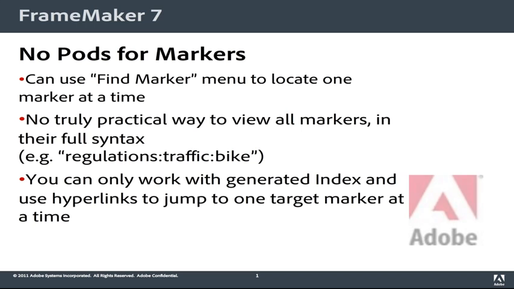In conclusion, the older product FrameMaker 7 really has no equivalent to the functionality of the pods in the new user interface. Basically, the pods display multiple instances of hidden information that FrameMaker 7 users have to search for one instance at a time. This can be particularly frustrating if you have a large project with many pages or many instances of referenced graphics, different types of markers, cross-references, even missing fonts. This is one more reason that many people have been happy to upgrade from FrameMaker 7 to FrameMaker 10, and they've experienced a jump in productivity once they were able to monitor this information more